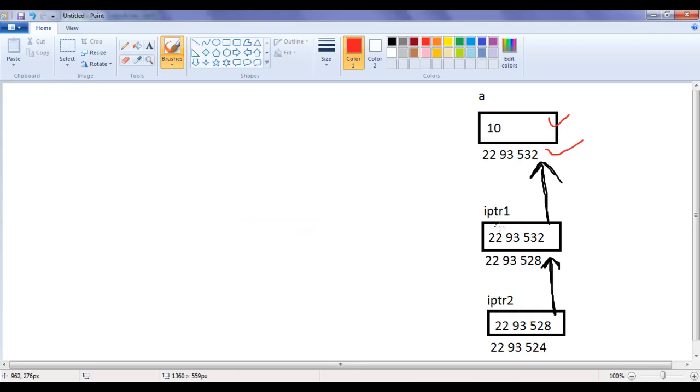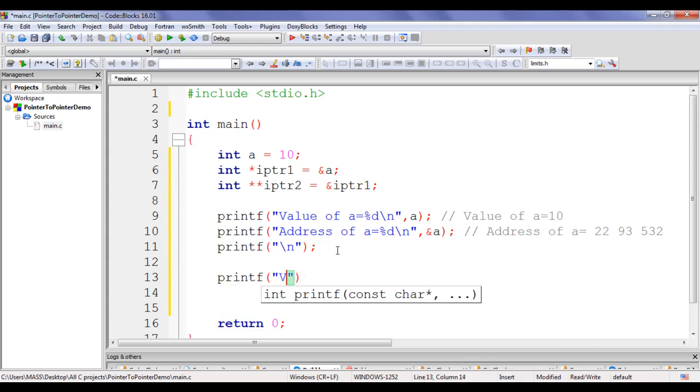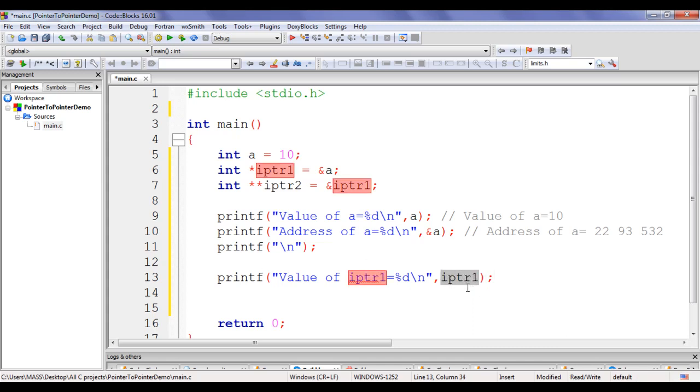I say here printf in double quotations, I say \n semicolon. We can display value of iptr1 and address of iptr1 using printf statements. I say here printf in double quotations, I say value of iptr1 is equal to %d \n comma iptr1 semicolon. If we write variable name, it indicates value of. Understanding? If we write variable name prefix with ampersand symbol, it indicates address of, right? So here what output we get?